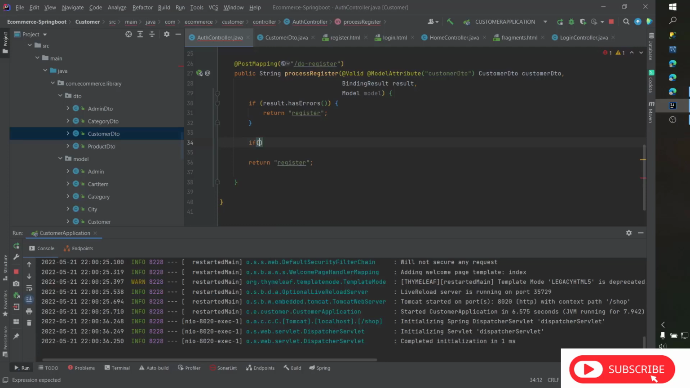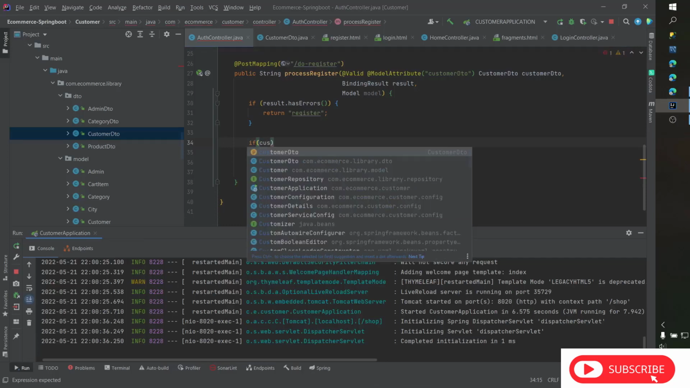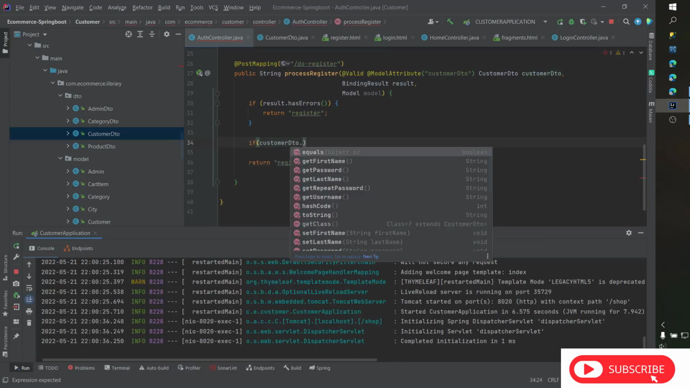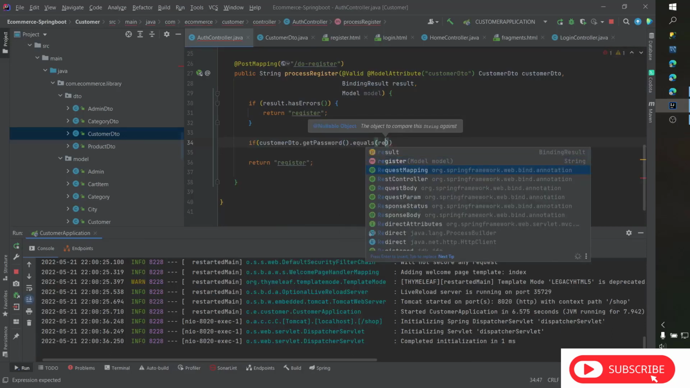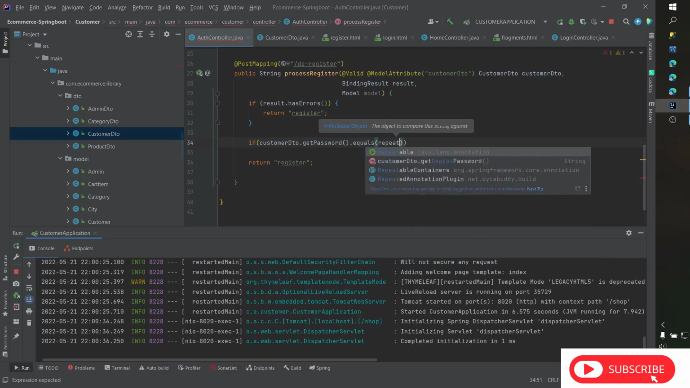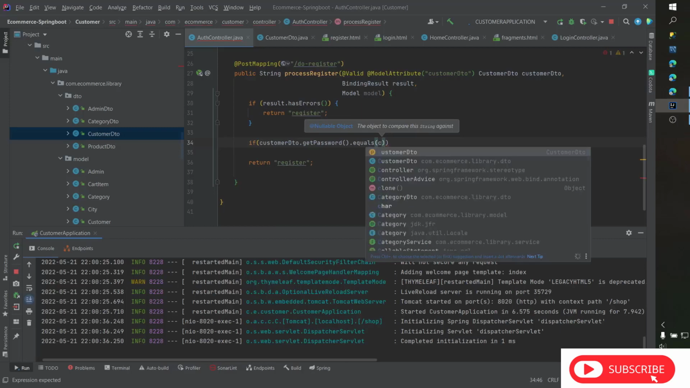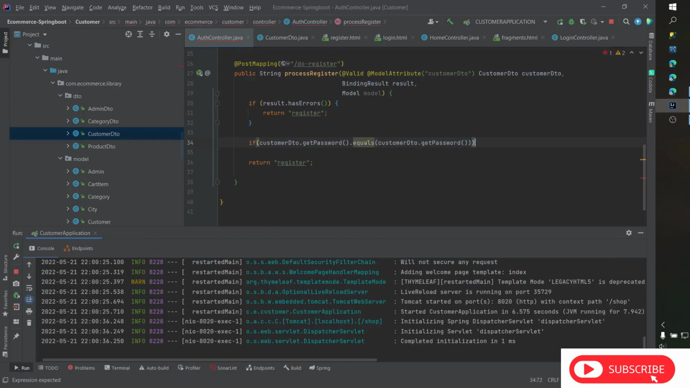So if customer DTO dot get password does equal customer DTO dot get repeat password, and then we win. So I think we will continue by